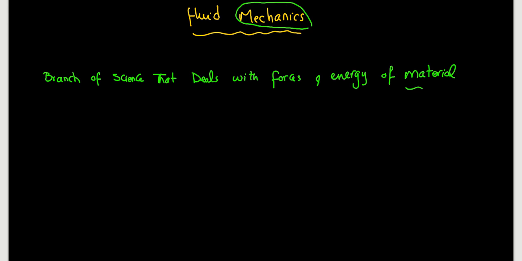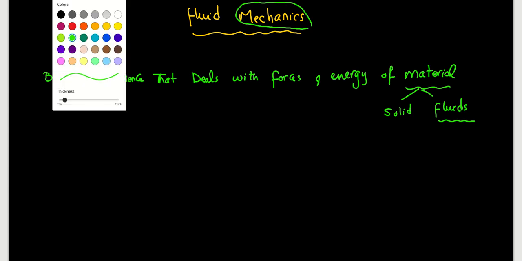So we know that materials can come in three different shapes, right? Solid, and I would say fluids now, because now fluids combine both liquids and gases. So the mechanics as a science is applicable to fluids because fluids are part of the material, right? So mechanics can actually deal with,